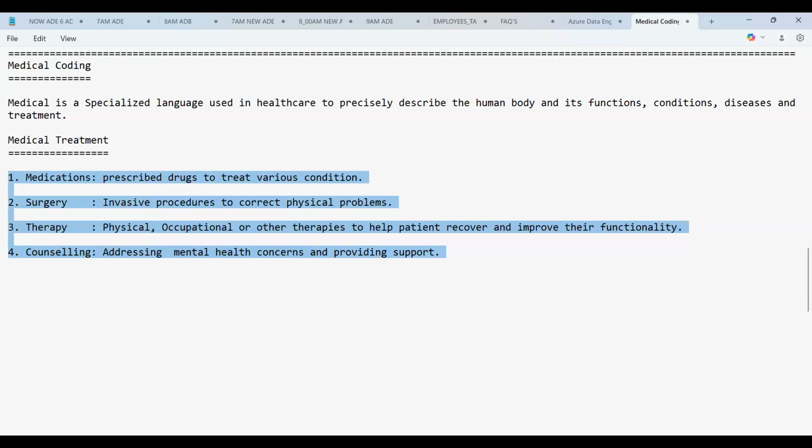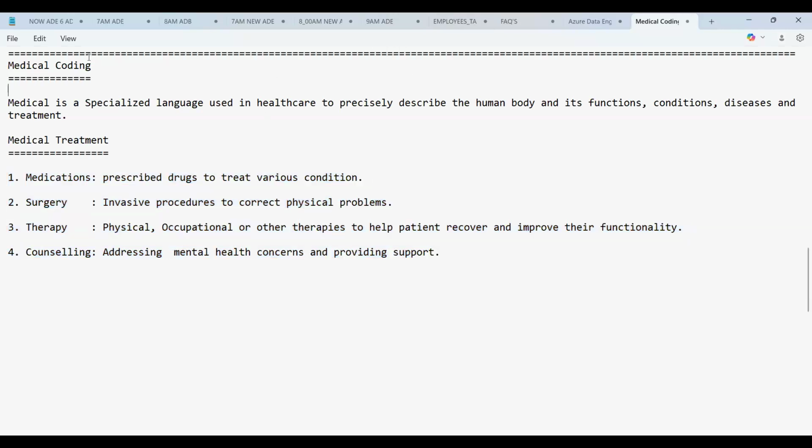And now, guys, next after this, let us see what is coding. To understand it in a better manner, let us see what is coding. Once you understand coding, then we will see what is medical coding and how we code it, guys. Just 1 minute, guys.